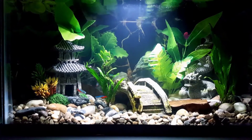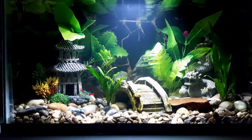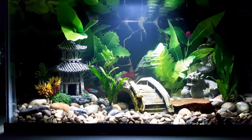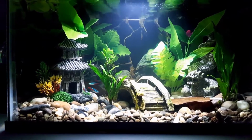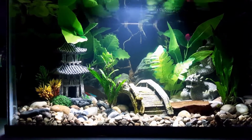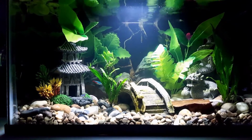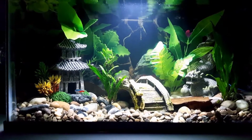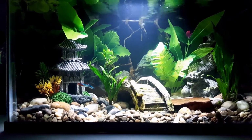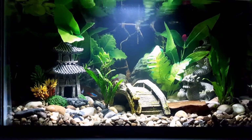So one thing, well, there's a lot of things I learned about keeping a fish tank throughout the time I've had this one. And one of the biggest challenges was getting my tank cycled, which actually just kicked in about 2 days ago. I finally got it going. When I first had it, I was just doing water changes, just regular things, and I really had a high ammonia level, so I had to really think of a way to kind of